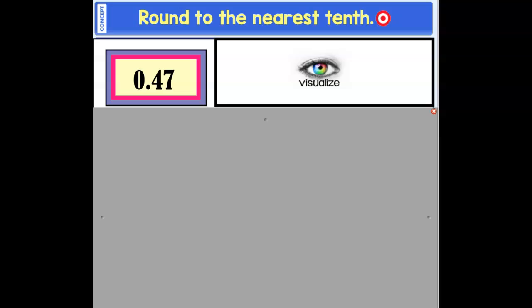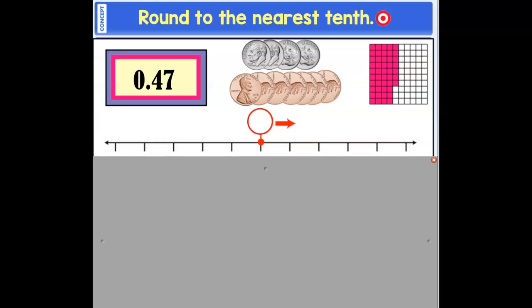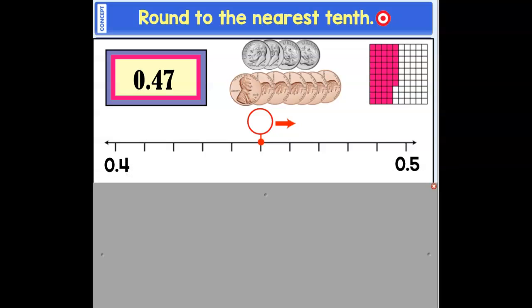Yesterday we talked about rounding to the nearest tenth. So we've got 47/100ths. Stop and think about money, money, money. What do you see? Hopefully you see 4 dimes and 7 pennies, or maybe you see it on the 100 grid. So our first job is going to be decide what 2 tenths is it between. I'm going to move, because I'm going to the nearest tenth, I'm going to mark my 10th spot. I have to decide, am I going to stay at 4 tenths or am I going to round to 5 tenths? To do that, I could either place it on the number line or I could look back at the